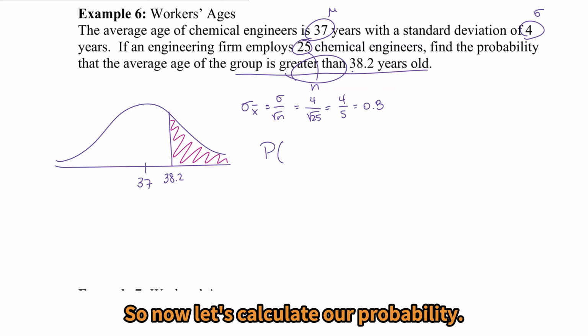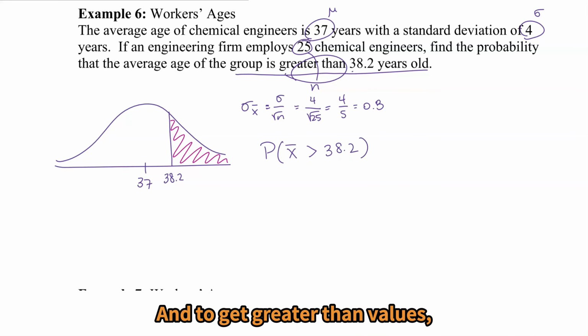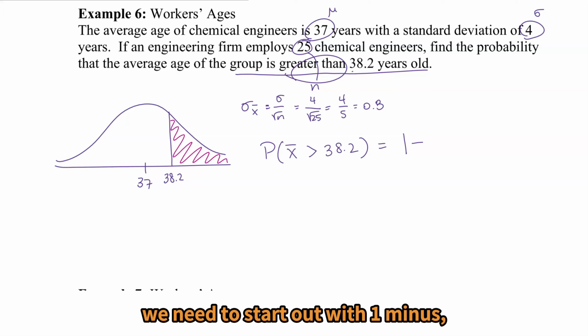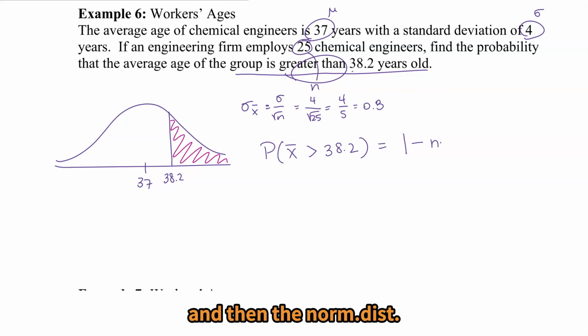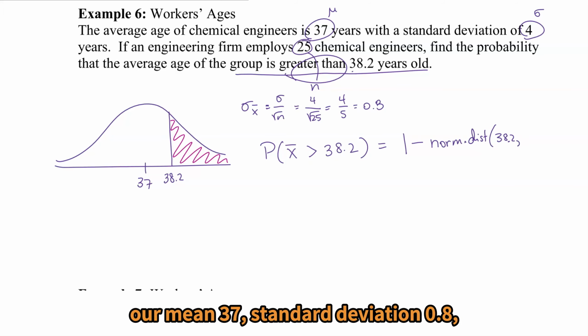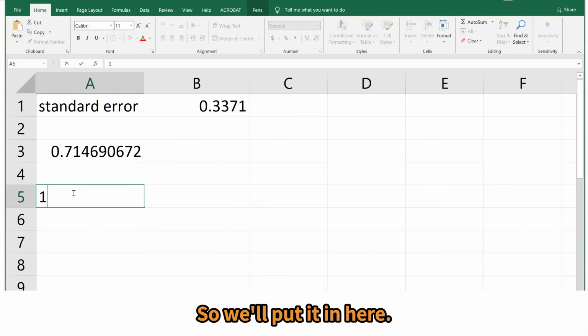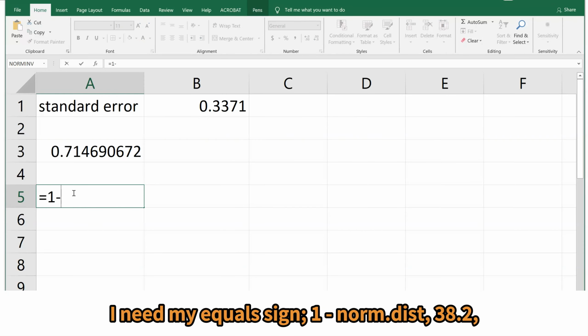So now let's calculate our probability. We're looking for the average to be greater than 38.2. And to get greater than values, we need to start out with 1 minus, and then the norm.dist. The value in question, 38.2. Our mean, 37, standard deviation, 0.8, and always true at the end of these norm.dist functions. So we'll put it in here. I need my equal sign, 1 minus